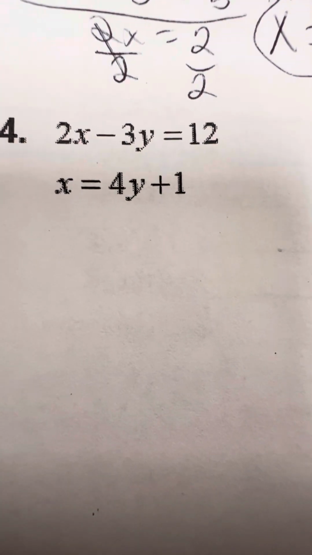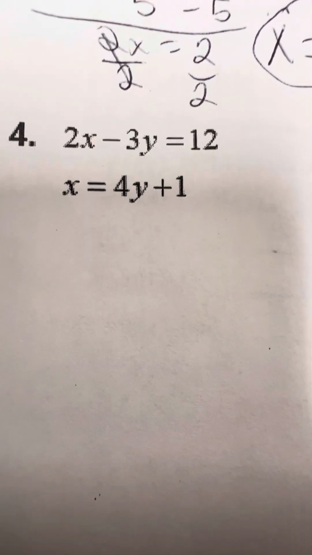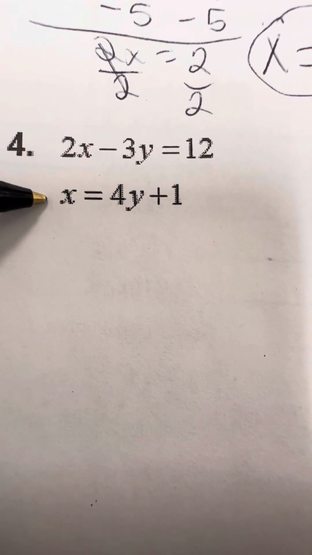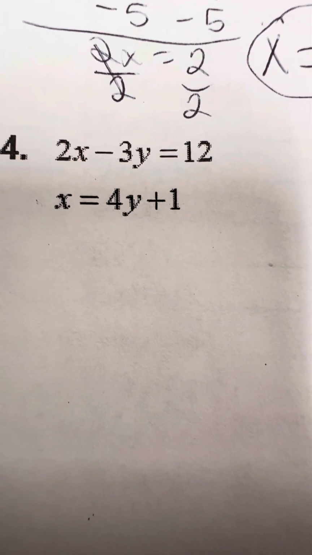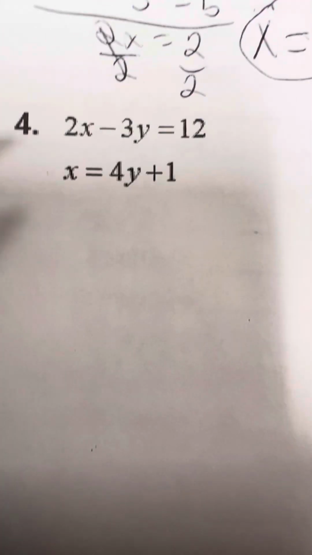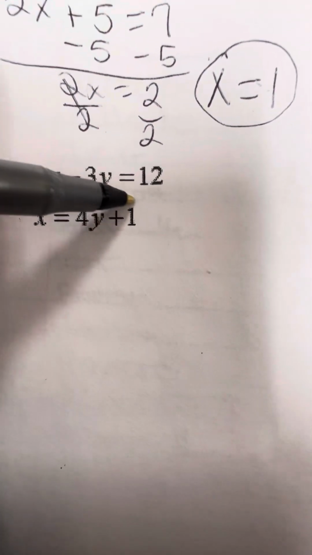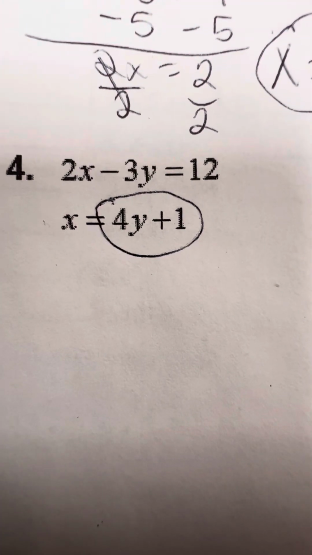So we are doing the substitution method here with systems of equations. I have a setup that's perfect for substitution because we have x by itself. When we have two variables, we need to find out what one of them is first in order to solve for the other one as well. So we are going to take that x in the second equation, and we do know that it is 4y